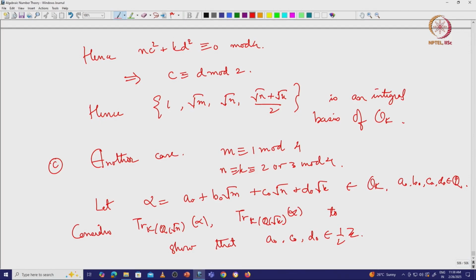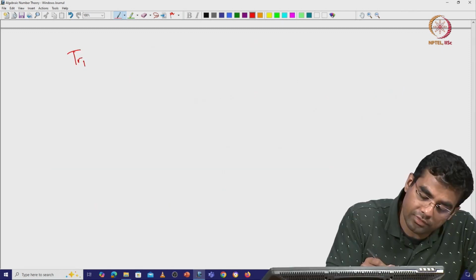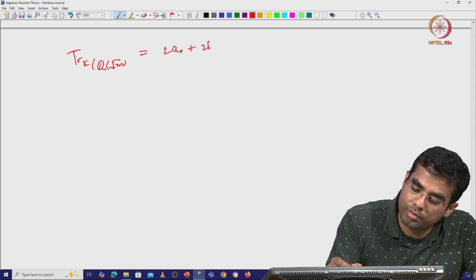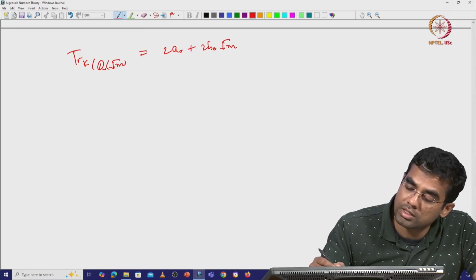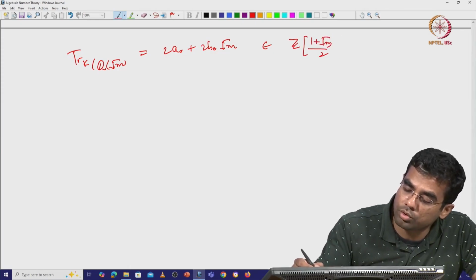And there is slight difference now. If you look at the trace from K to Q square root of m, this is 2a0 plus 2b0 square root of m, right. This belongs to Z[(1 plus square root of m) by 2],